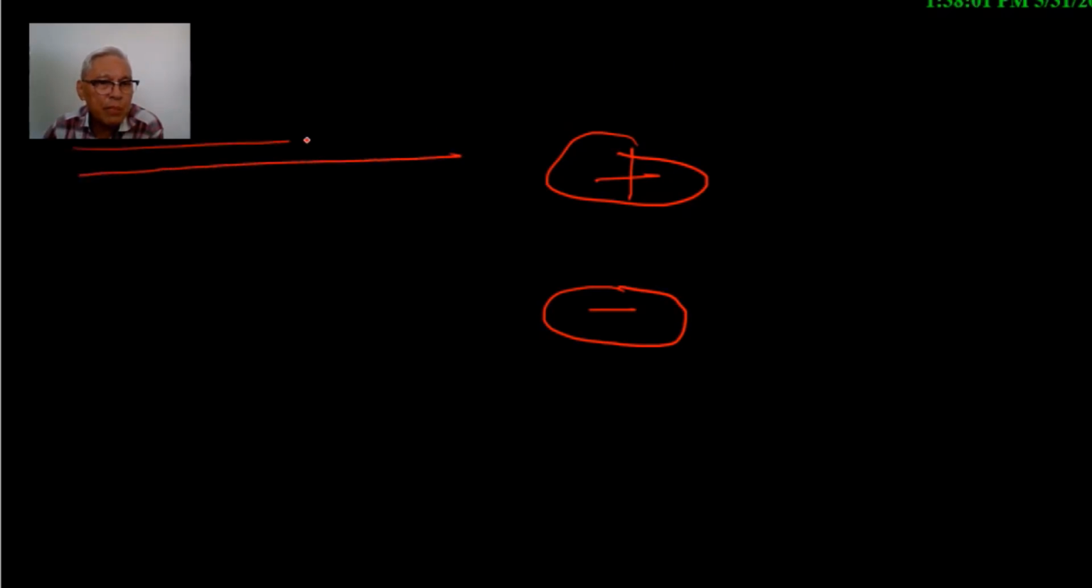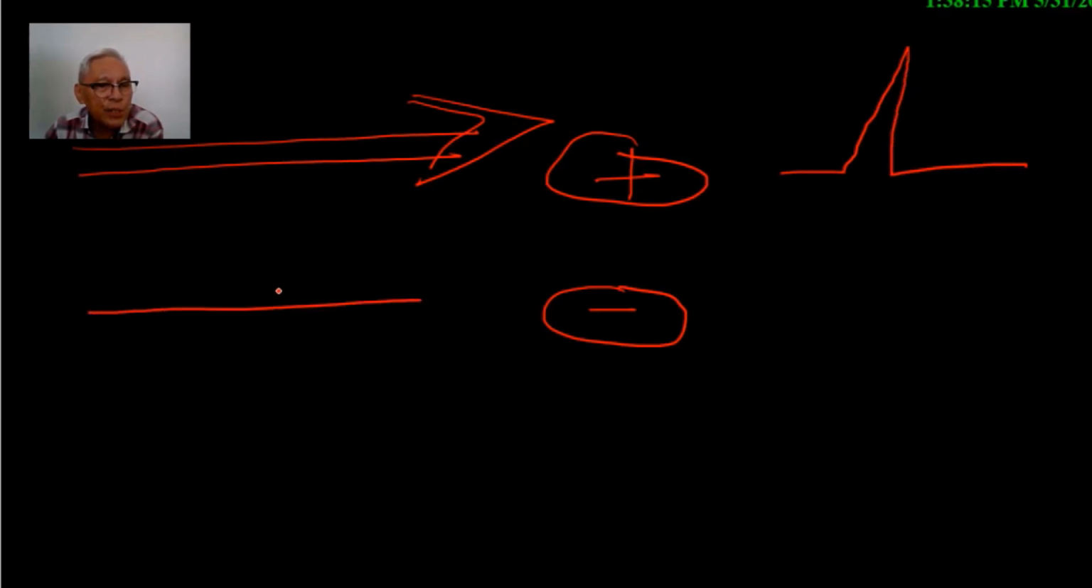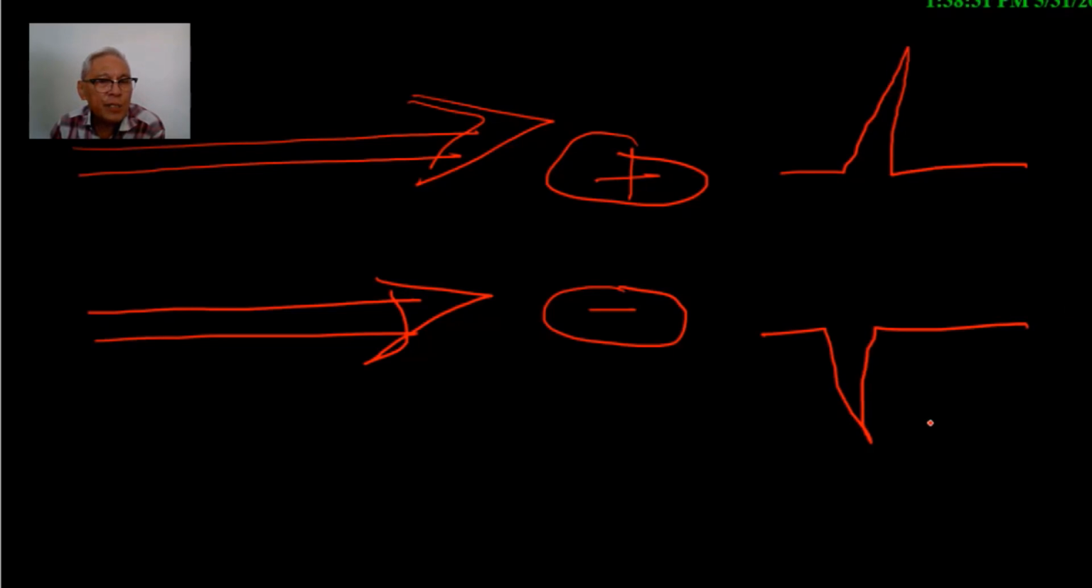The principle is this: if the electrical current moves towards a positive electrode, then the result will be a positive waveform, or an upright waveform. If the flow of electricity is going to go towards the negative electrode, such as this, the corresponding waveform that will result will be a negative deflection. So this is how inscriptions are made in the electrocardiogram